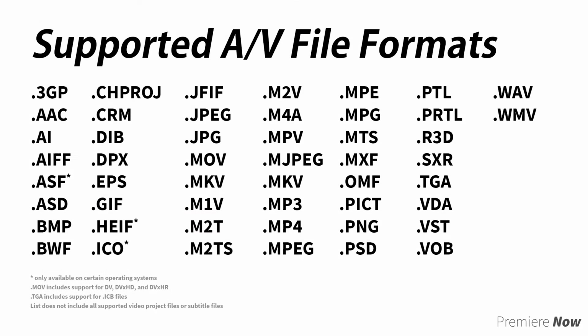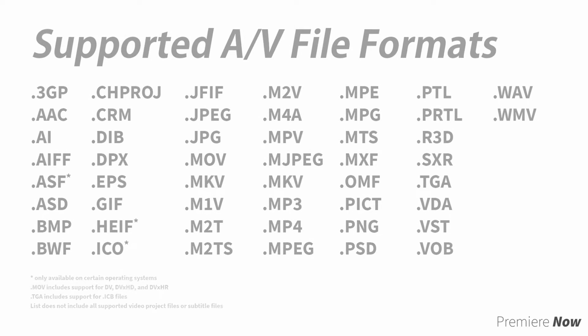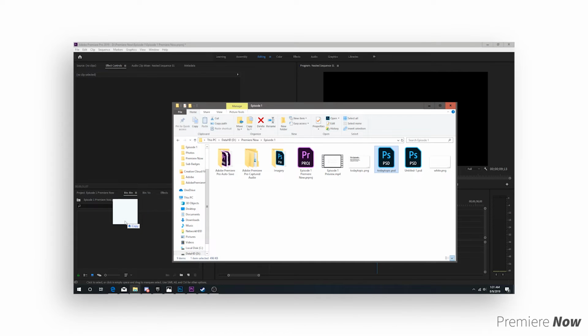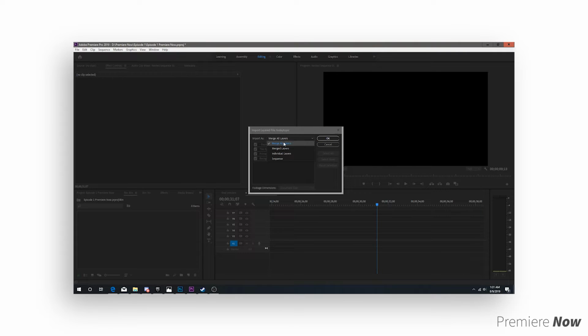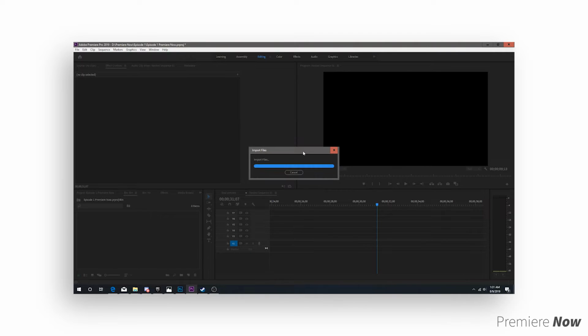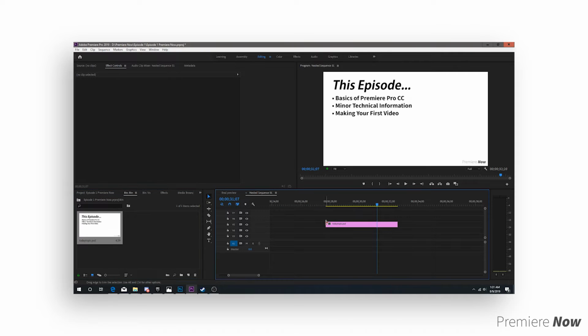Premiere Pro can work with a variety of media formats. Here's a list of all of them. Notice how this list includes file types like MP4, JPEGs, and MPEGs, and even more obscure and professional types like RED and MTS files. One of the great things about Adobe programs is that they all communicate and are interoperable with each other. If you have a Photoshop or After Effects file, Premiere can also read and edit those directly